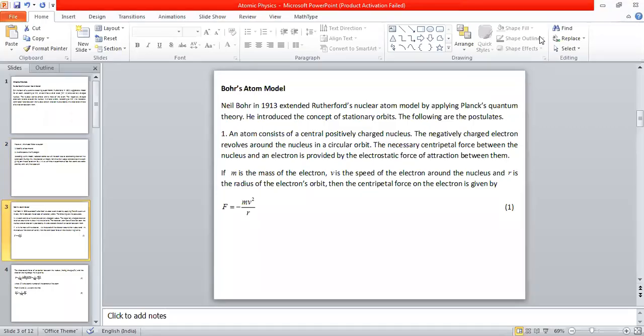Now let us start with Bohr's atom model. Just now I told you that Rutherford's model could not explain many things, but there were two major ones. The first is the stability of the atom, which it could not explain, and it could not also explain the spectrum of atoms, even of the simplest one,